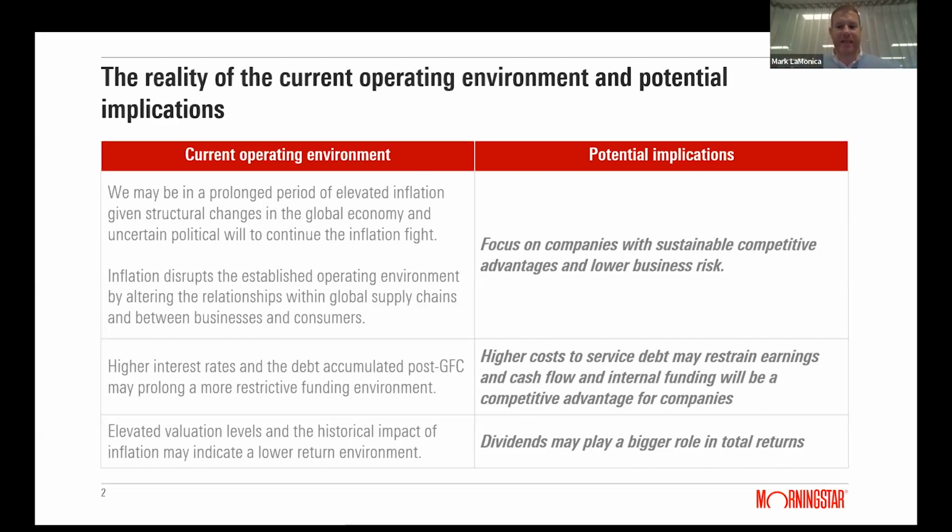We talked a lot about the easy money era. That's a term that's been thrown around a lot, where interest rates were very low, when obviously a lot of debt was being taken out and there was more spending, but it was relatively easy to get money at the end of the day. And there are some signs that potentially that era is coming to an end, which you would expect with higher interest rates and investors a lot more focused on valuation levels. So we do need to take that into account.